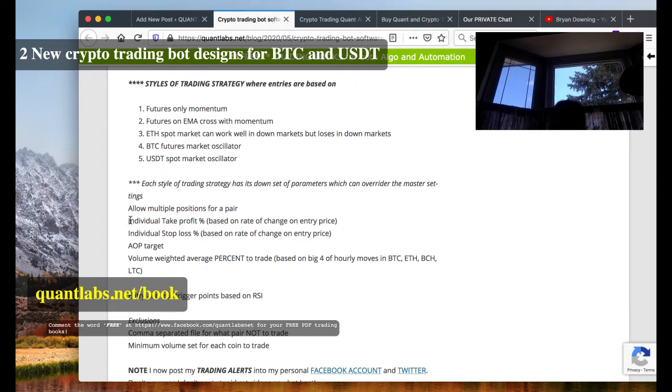So maybe each position you don't want it to go past 1% and just take profit. If you have very tight market conditions, you may lower it to 0.5 or even 0.25%. That has been not uncommon lately, but you have to factor in if it goes less than 20%, you're not covering your